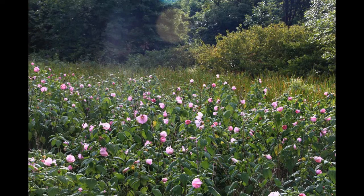So again, we're looking and we're trying to understand, and sometimes we're even moving into those spaces and really digging around a bit and trying to understand what is actually happening in these landscapes. And that's where we can glean some of the best information to recreate these landscapes in a more sustainable fashion. And again, if you look at the herbaceous layer, it looks like we're here looking at two plants. But when you really get down into the ground plane and look at the plant communities, it can be very